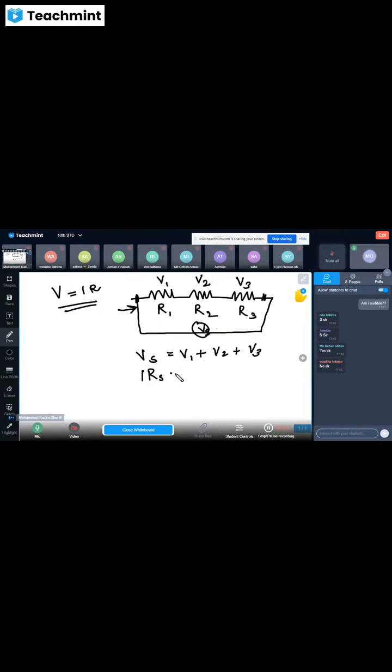Now V is equal to I R1 plus I R2 plus I R3. All right, fine. Now I Rs is equal to I times R1 plus R2 plus R3. Is that fine? I is common in all three, so I can remove I, keep it outside. Is that understood? Yes, sir. All right. So I is common on both sides, so I can remove I. So that means,